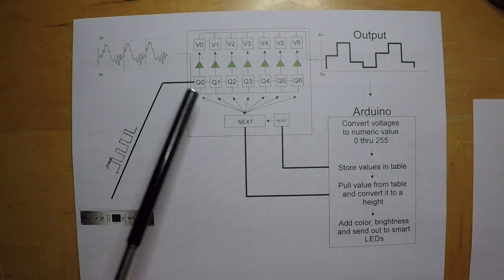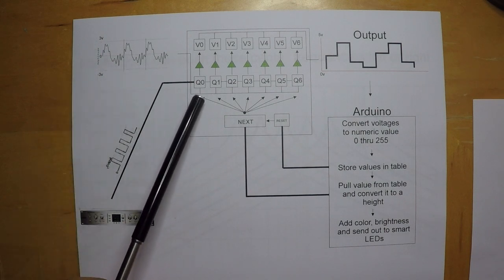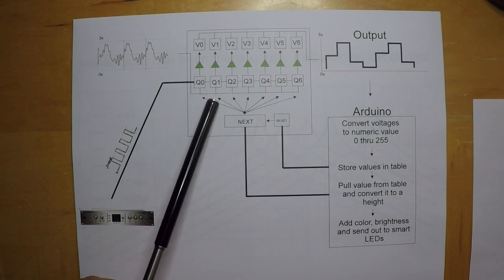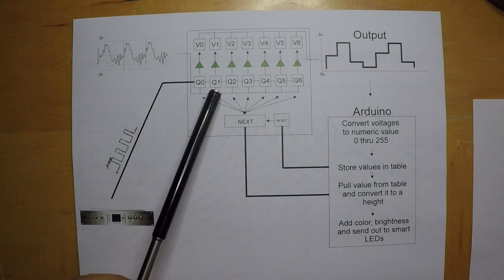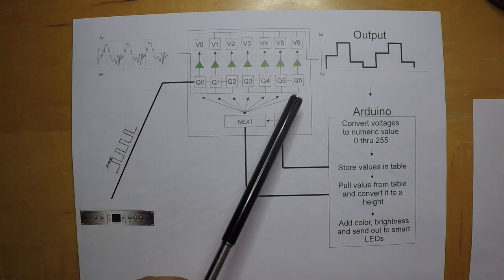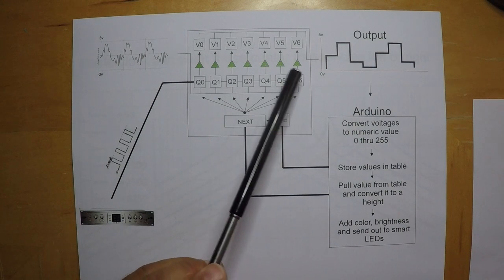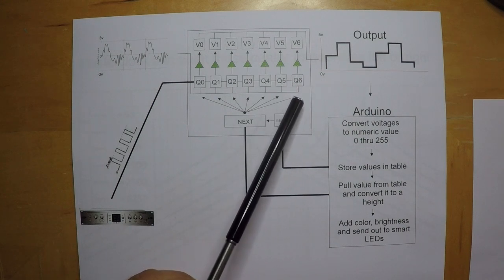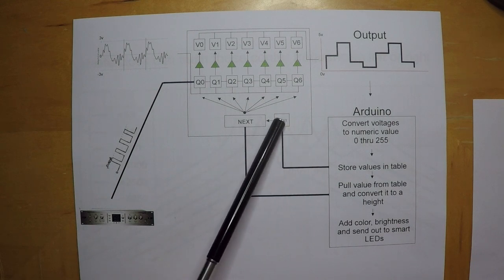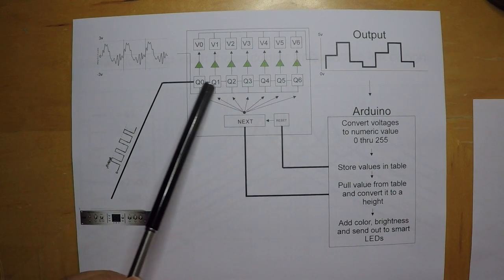So this filter here will, in a typical configuration, be focused on the 63 Hertz range. And this filter here will be focused on the 160 Hertz range, and so on, until we get to the last filter, which is focused up on the 16 kilohertz range. Okay, so after the reset signal is sent, all of these filters are turned off